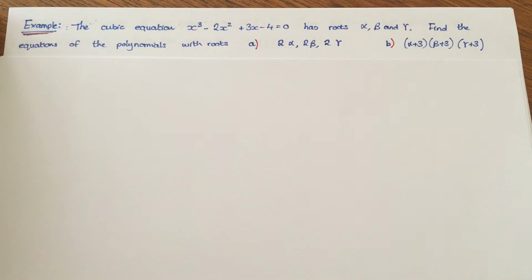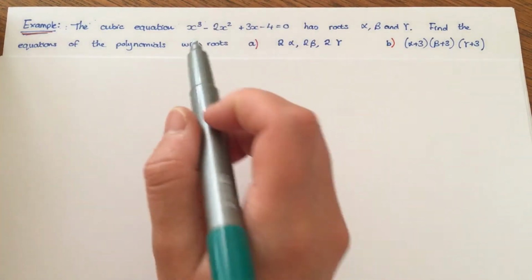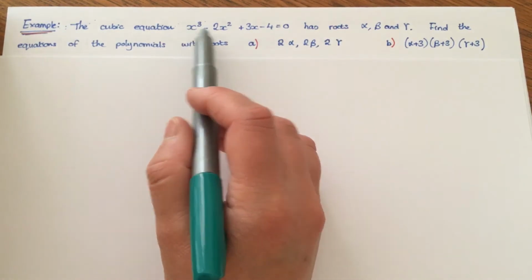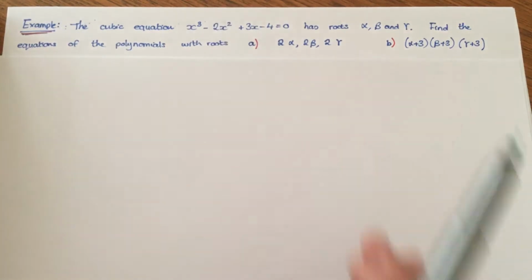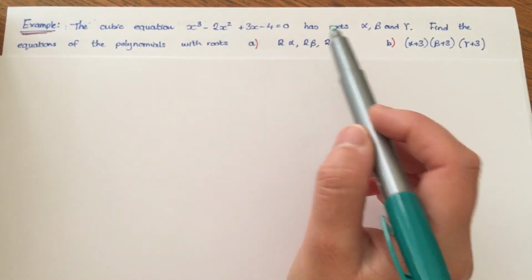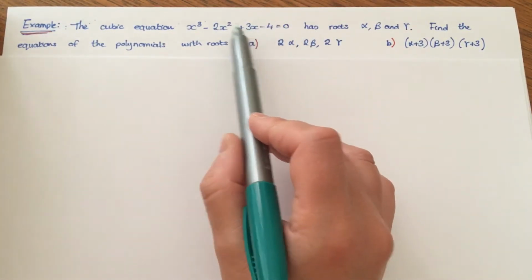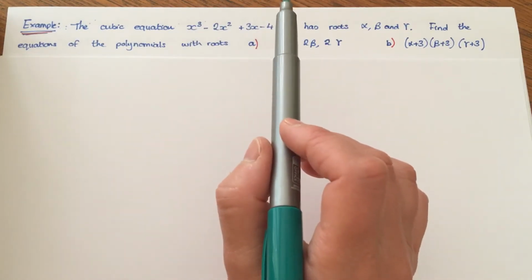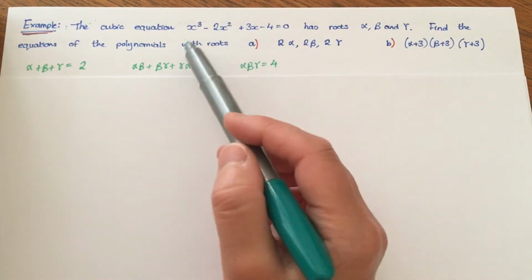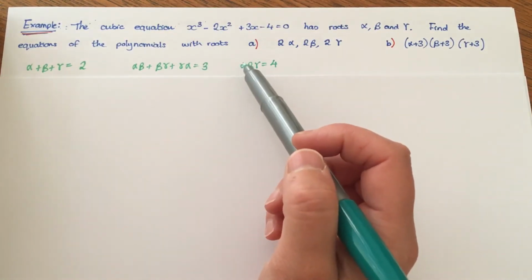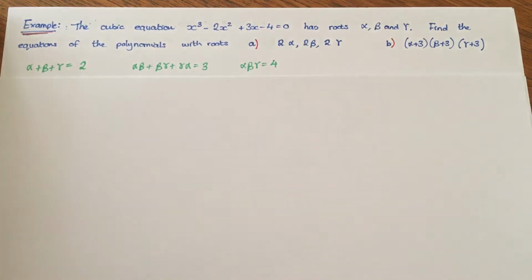So the first way we could do it is by looking at the things that we already know. So for this equation that we've got, alpha plus beta plus gamma is minus b over a. Alpha beta plus beta gamma plus gamma alpha is c over a, and alpha beta gamma is minus d over a. So we know these things. And then we can use those to work out the new equation. So I could say for the new equation,